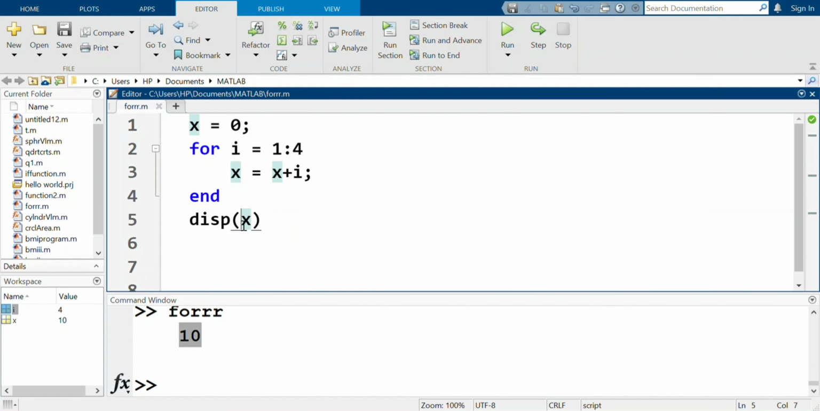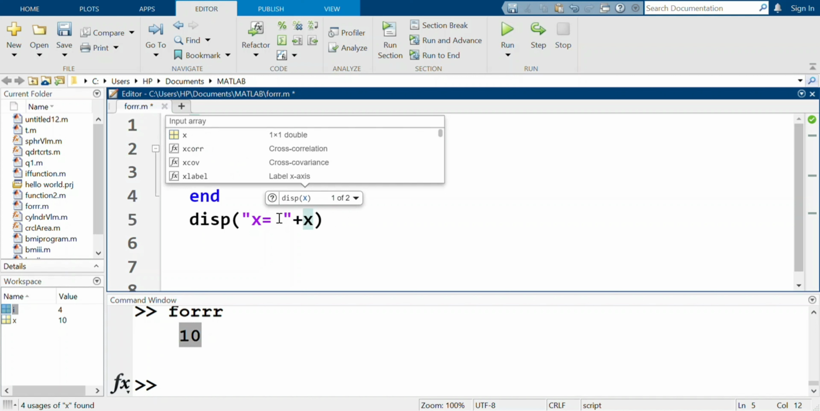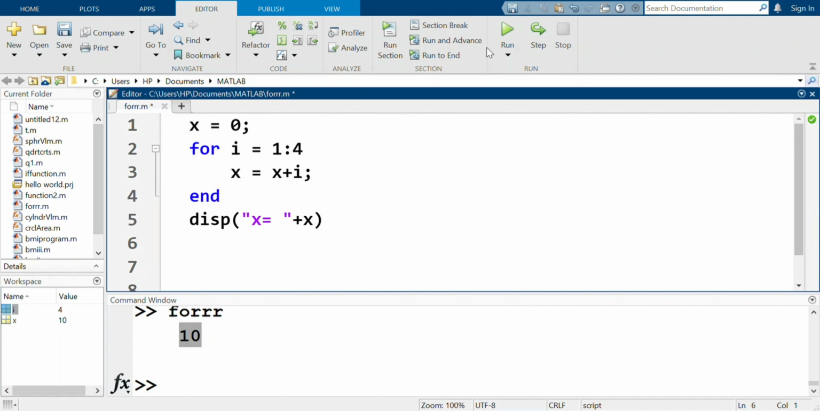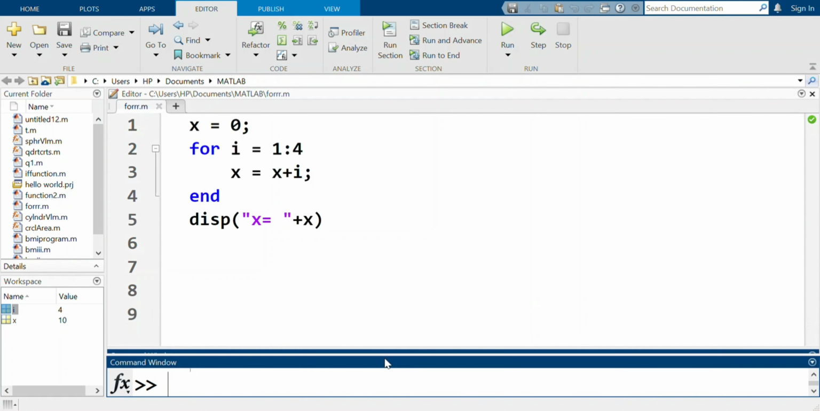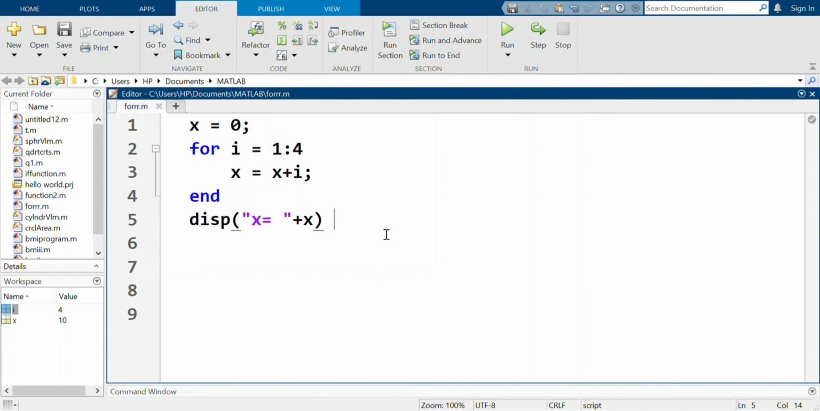So x equals 10. We can say it like this, x equals, and just say plus here, and Matlab will print it. So run, yeah, x equals 10. Now, what happened here? What's going on? So let me explain it in a different way. Here, actually, what will happen is, now,